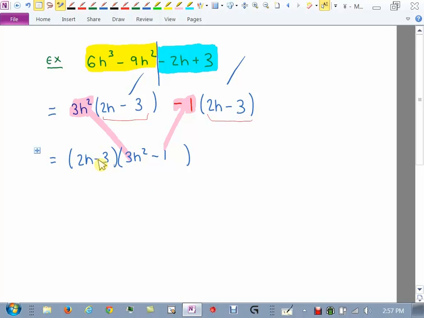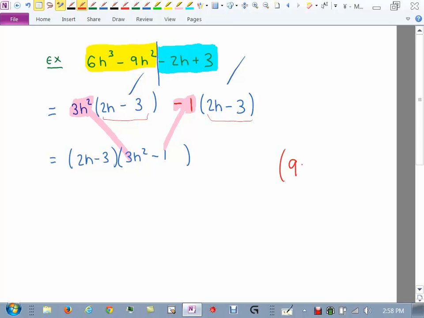We have to pay attention to this. Can we go any further with this? How many terms? 2. 2 terms, well, could be difference of squares, sum of cubes, difference of cubes. Does that look like a difference of squares? No. Difference of cubes? No. So look at this one now. How many terms? 2. Difference, right? Do we have difference of squares? Well, the h is squared, right? Is 1 a square? 1 is 1 squared, isn't it? Right? But 3 is not a perfect square. So since 3 is not a perfect square, I cannot split that up. Do you all follow that or not?